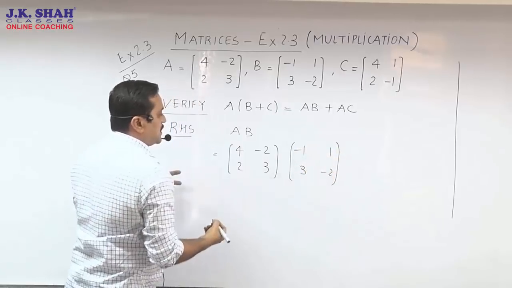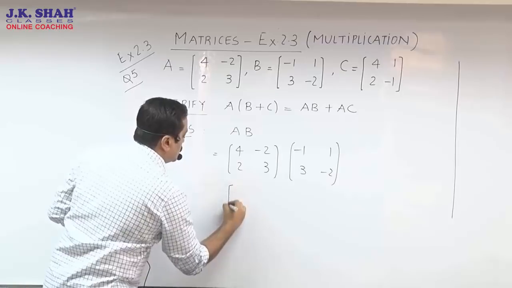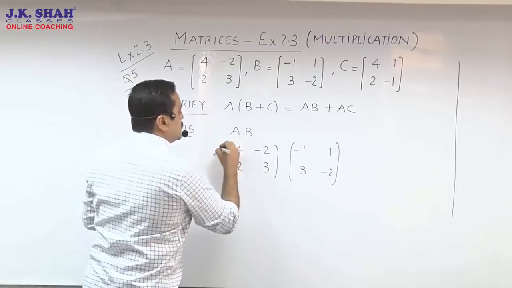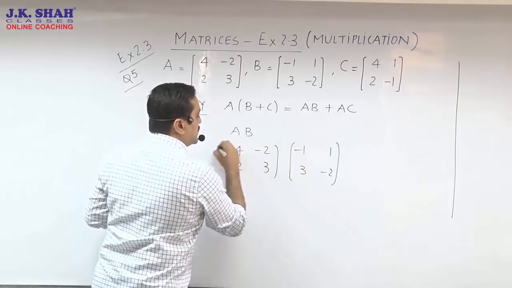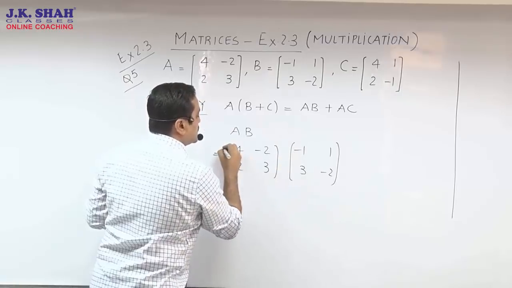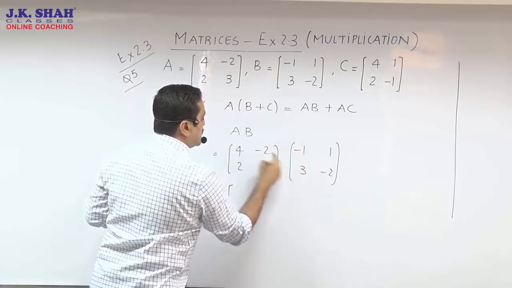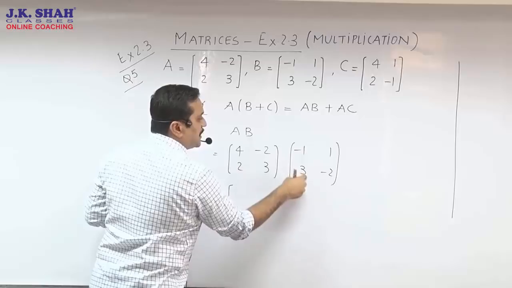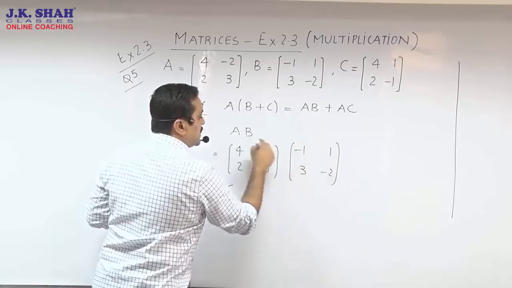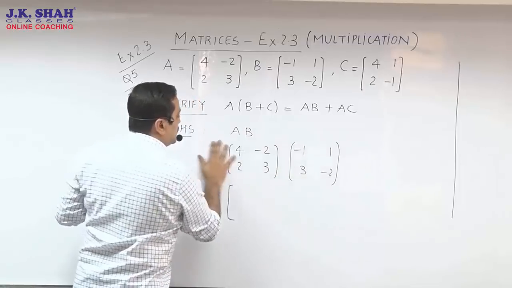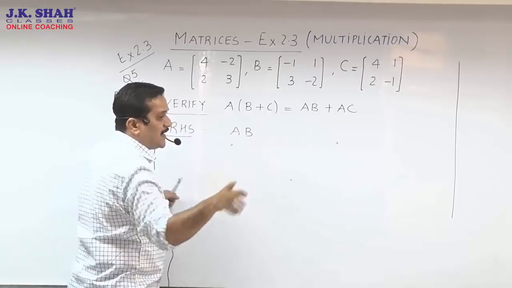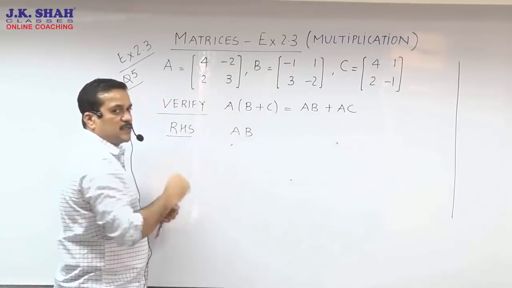Once again, a reminder of how you are going to go about it. First of all you are going to open 2 rows, because my first matrix has 2 rows. Now it's going to be R1 C1, then R1 C2, then R2 C1. Let's try orally R1 C1. So it's going to be minus 4, minus 6. Then you move to R1 C2, it's going to be 4 plus 4. So I'll just clean up. We start together. You need to pause the screen right now. Copy your AB matrix and start.